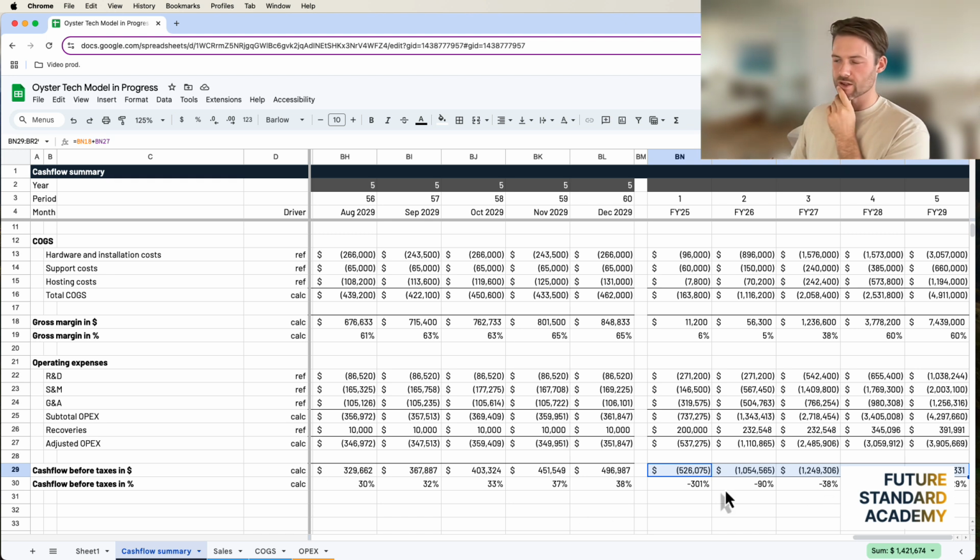Now this will be where we stop for operations. But you can see that there's this inflection point, which is really interesting. And I'll show you the completed version of this once I'm done here. But you want to see that inflection point. And that's when people ask you, when's your break even? It's going to be somewhere in 27, 28, right? In between those 2 years.